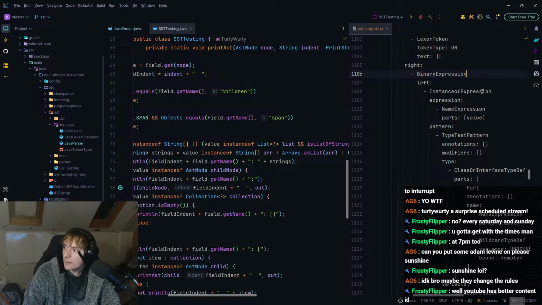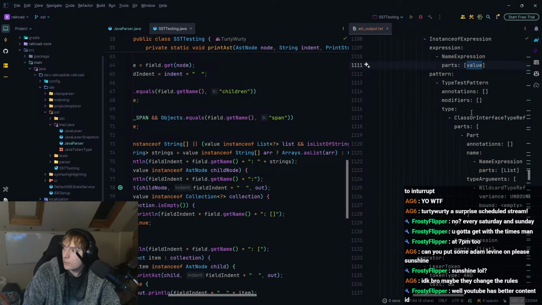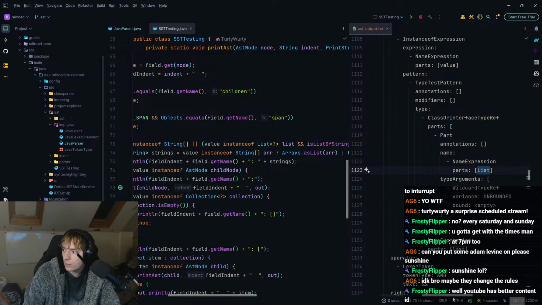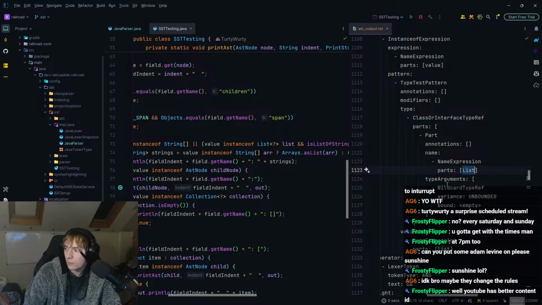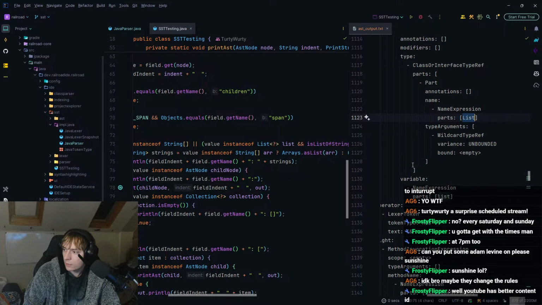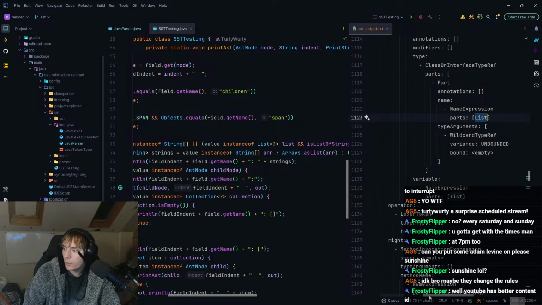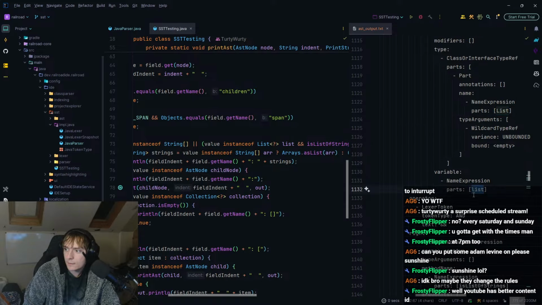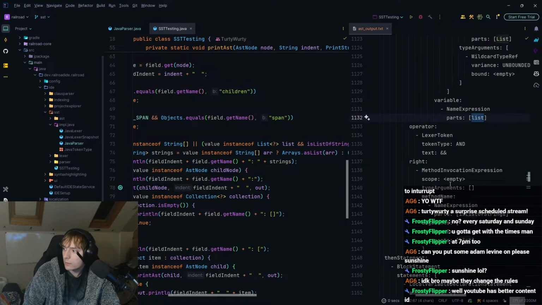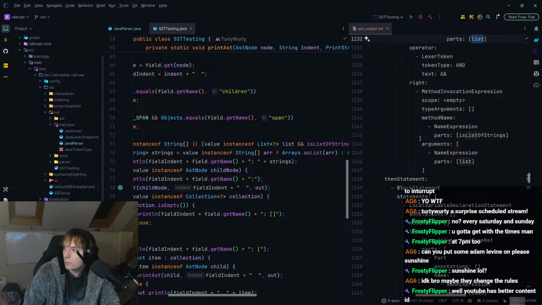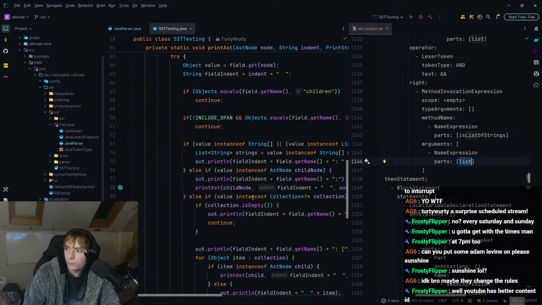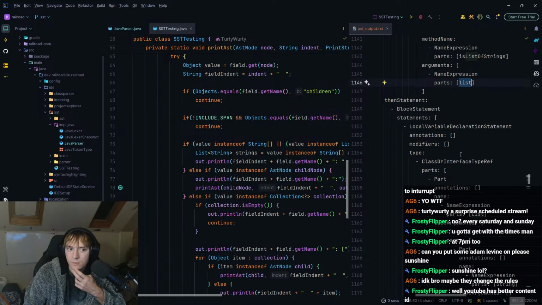The left is an instance of, so value is instance of a class or interface, which is List, which has the wildcard, which has a type reference of a wildcard. Okay. And then we are calling that list, and method invocation is listOfStrings list. Boom. Okay, that's good. That works.